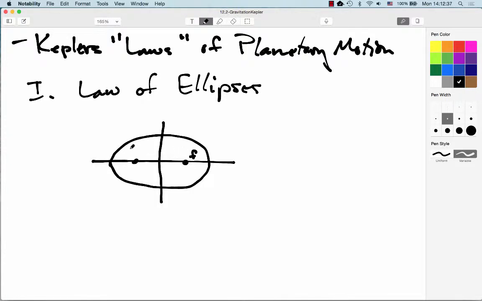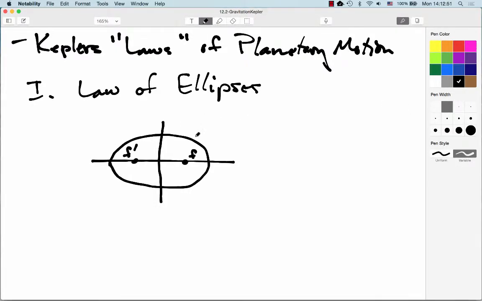Foci is the plural of focus, so F and F prime here. Basically, you can just tie a string that attaches these 2 thumbtacks, if you will, stick a pencil in and go around. So in other words, if this distance here is r, and that distance there is r prime,